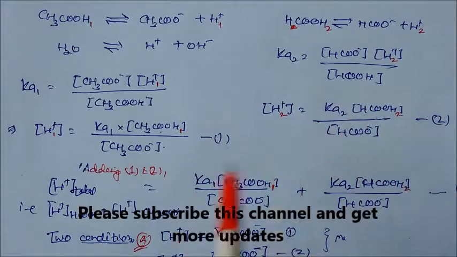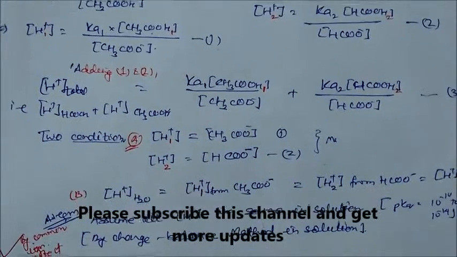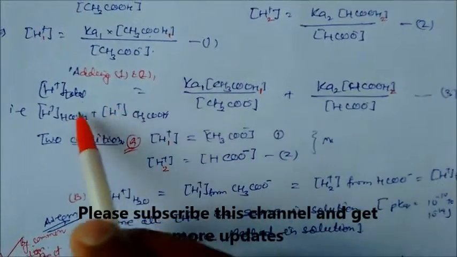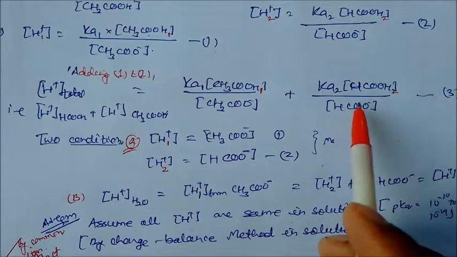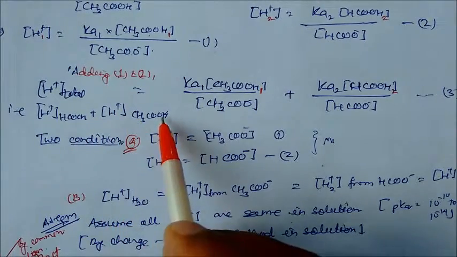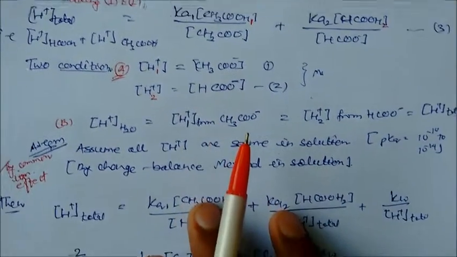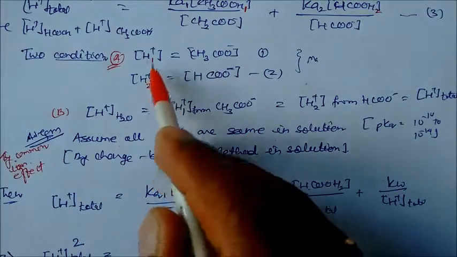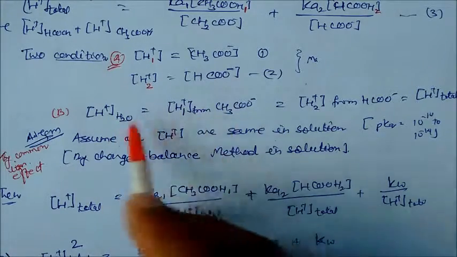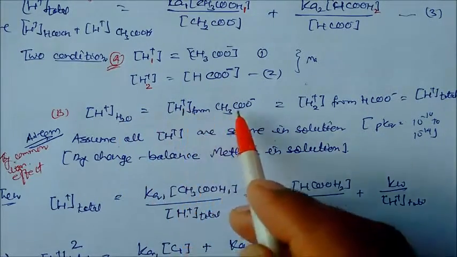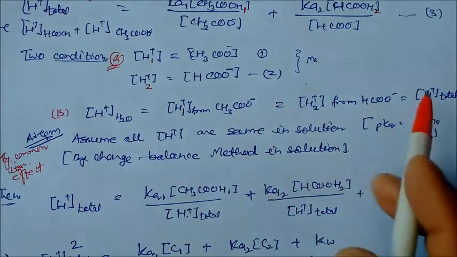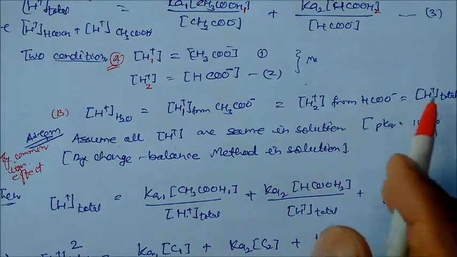This is one question, and now the second. If you add these two acids, on adding you will get H plus total, K1 this by and K2 this by. This is nothing but the H plus coming from the formic acid plus the H plus coming from the acetic acid. Here two conditions arise. If you are taking H1 plus and H2 plus with different concentrations, then this will be different. If H plus from water, H plus from the acetic acid, and H plus from the formate and acetate are all the same concentration, then all will be equal to 1. So this is the total concentration.